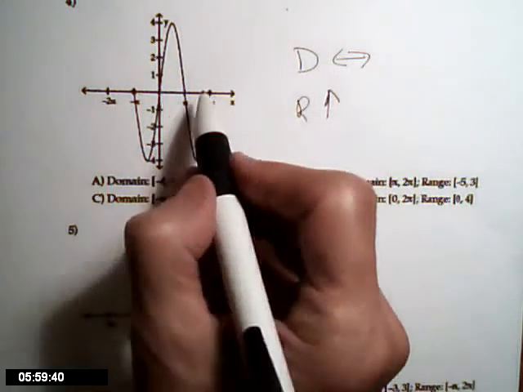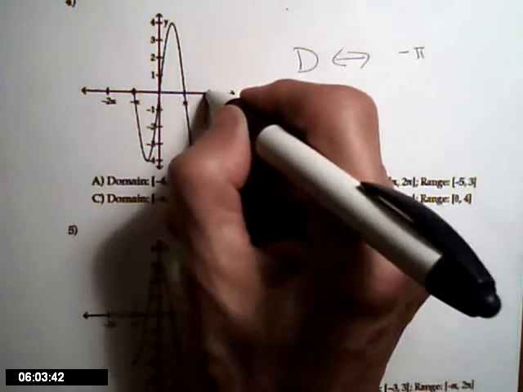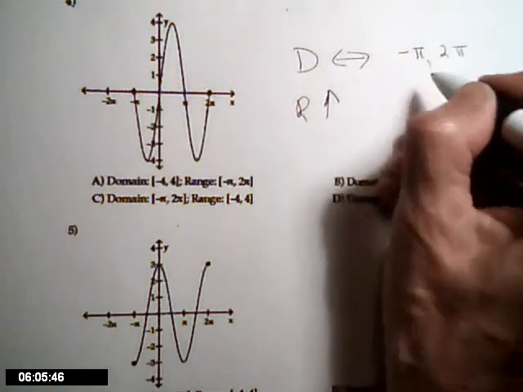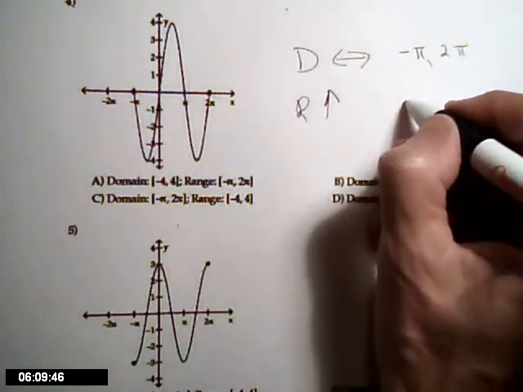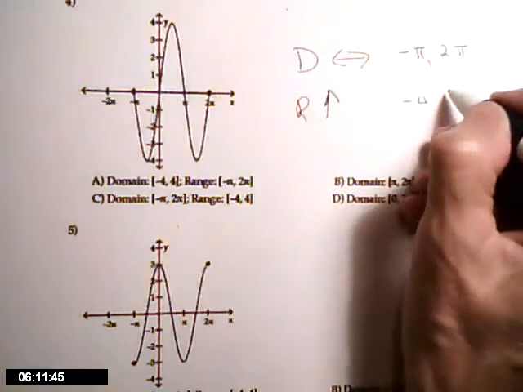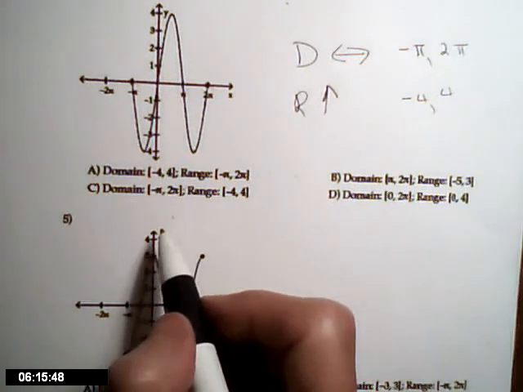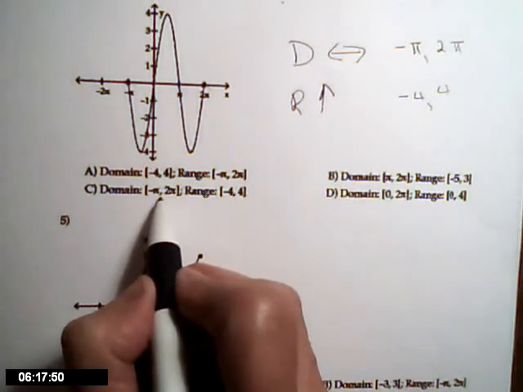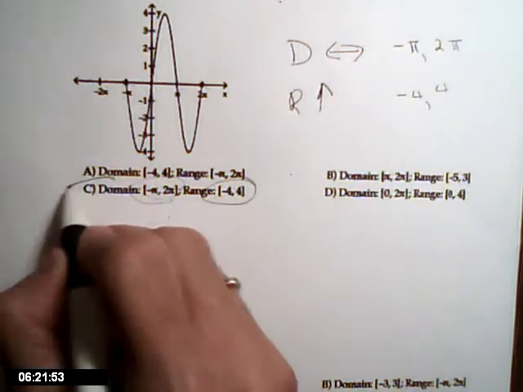So what's that going to be? It's going to be from negative pi to this point, 2 pi, and range is going to be from a bottom, which looks to be a negative 4, to a high, a positive 4. Now what we've got to do is find that in our answers. And I see here my domain that I talked about, and here's the range we talked about,